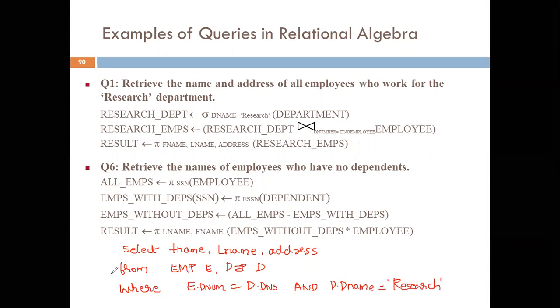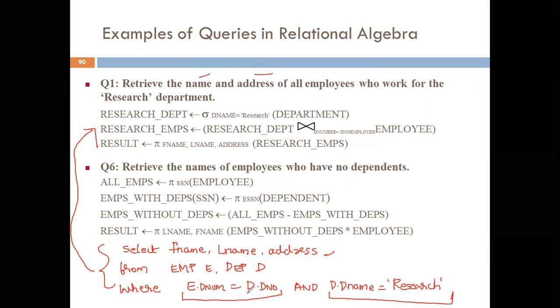So this is the SQL query we would have written to extract the name and address of the employees who work in the research department. So the same SQL query can be converted to this relational algebraic query. If you observe here, the project operation is written here, then the join operation is written over here, and the condition is split. So this becomes the join condition, and this another condition is the first relational algebraic statement which we have written, and the second one is the join operation.